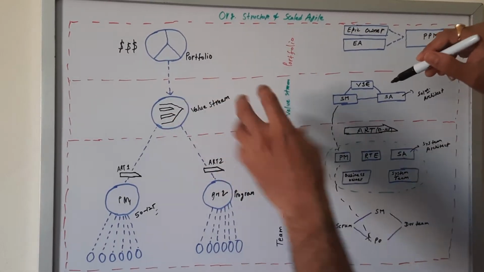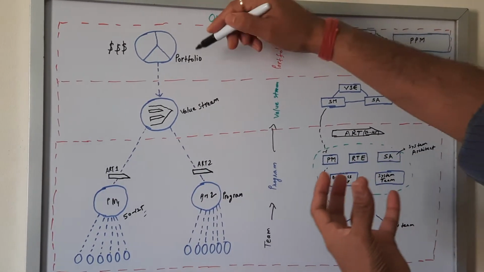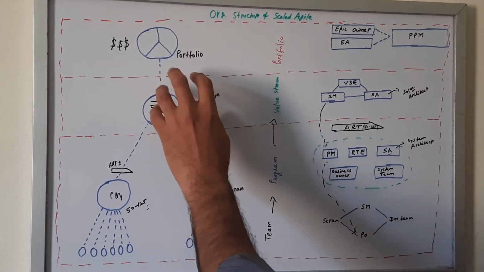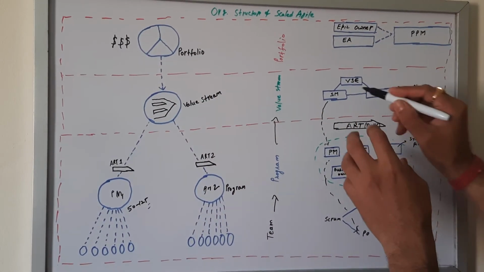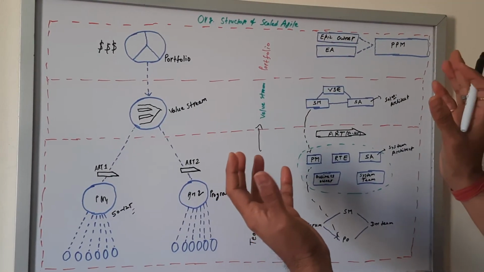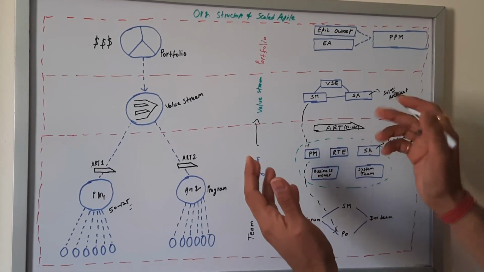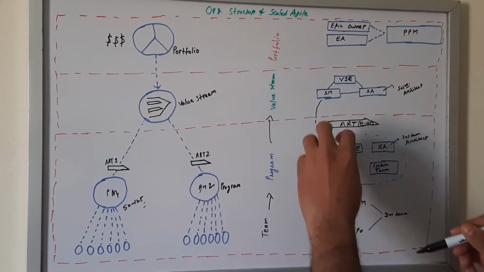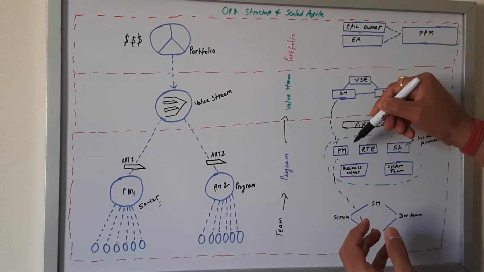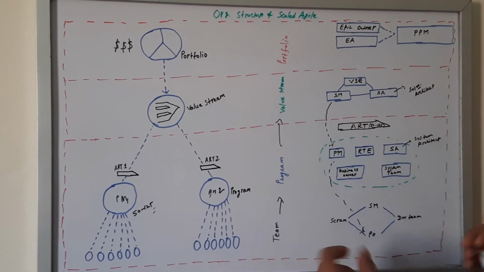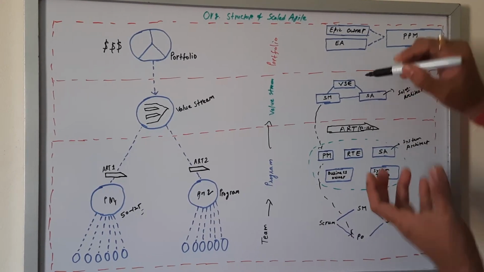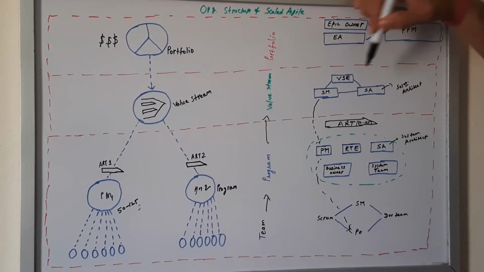Because at value stream level, from the top level, or we can say the portfolio level, when new initiatives are given, they will be given to the value stream. At this value stream, solution management will create and define the initiatives, and they will coordinate with product management. Product management will define the features, and this product management team will coordinate with the product owner, and the development team will deliver it.